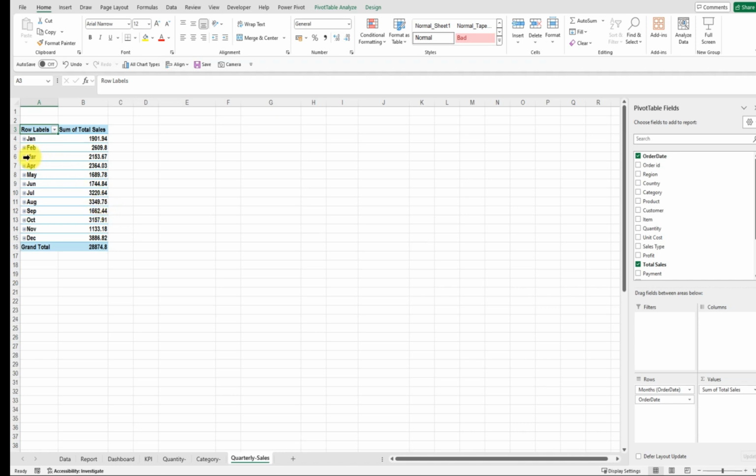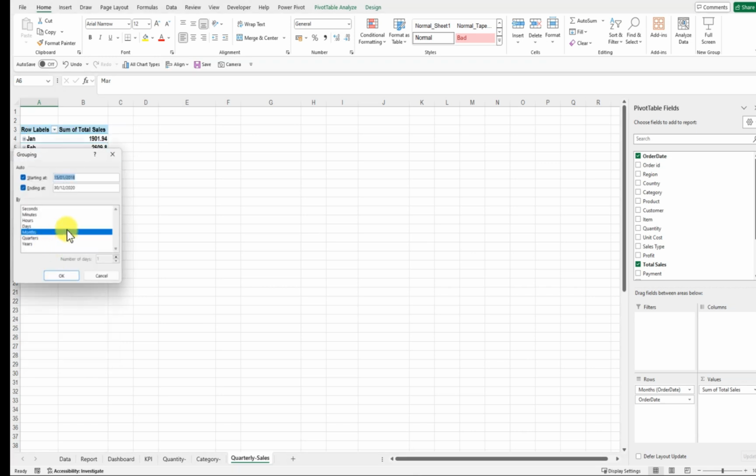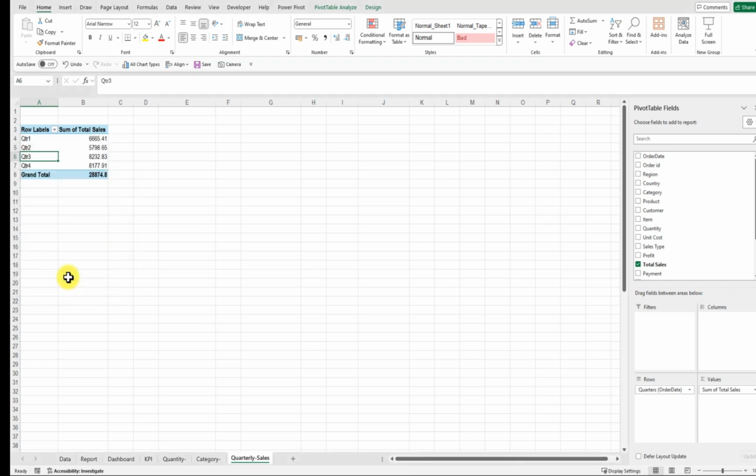Let me see if this will work. Then we go to group, then we go to quarter, then we remove this if it doesn't work. So this works. So we have our quarterly sales. Since we have our quarterly sales, the next thing we do is insert a